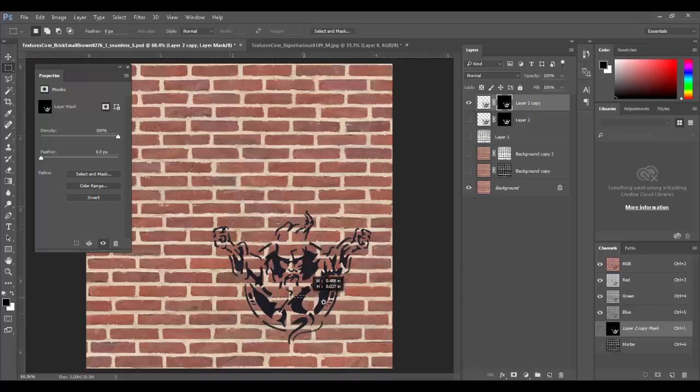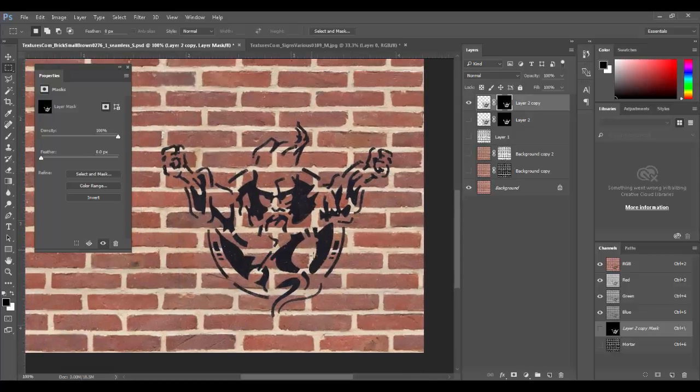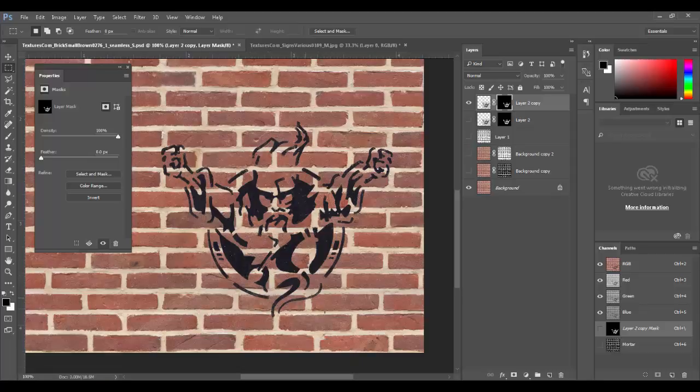Alright, so now if we had this graffiti on here, he really wouldn't be bumped out so much, right? So he would still be, the brick would still bump where the brick bumps, and he would just be on it. But in certain areas, like